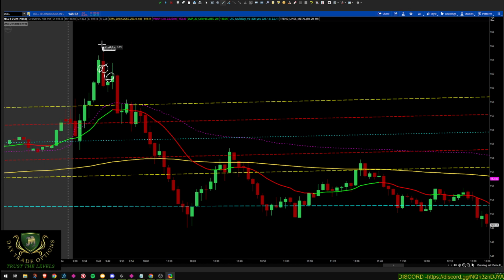And the reason is I had this rejection. I didn't really have any levels for Dell that I can remember. So we had this rejection right here, and it closed all the way down here. Then I had this candle go up. This candle went up a little bit, but it was weak. When this candle turned red, actually I probably should have got out on this one or any one of these, and the reason for that is because